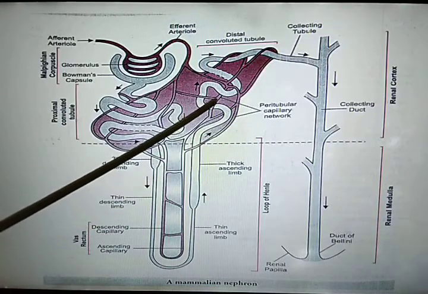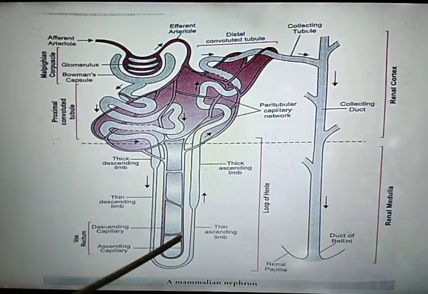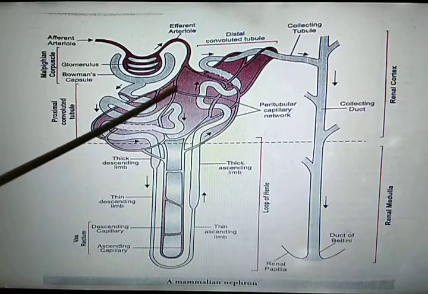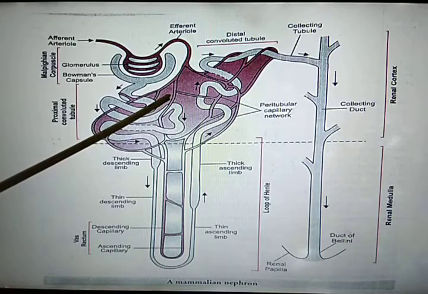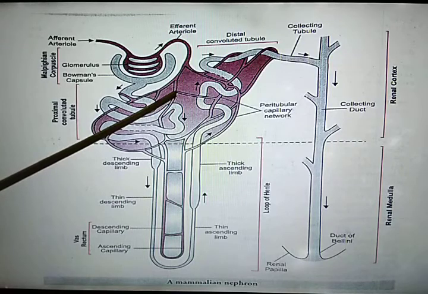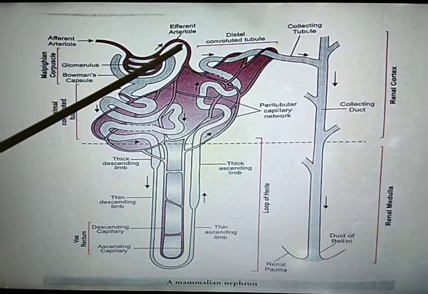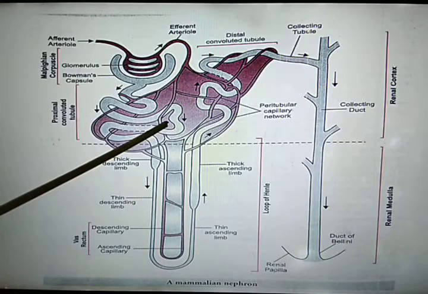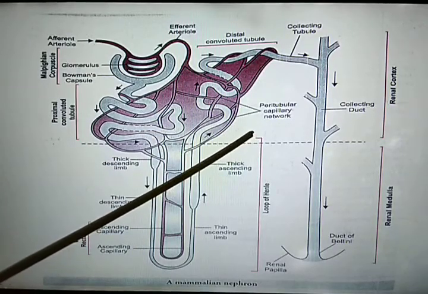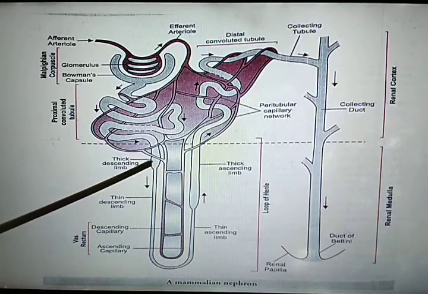This is the renal tubule: proximal convoluted tubule, loop of Henle, distal convoluted tubule. Around all these renal tubules, fine capillaries are present. These capillaries are known as peritubular capillaries, and they arise from the efferent arteriole. So the efferent arteriole forms a fine capillary network around the renal tubule known as peritubular capillaries. A minute vessel of this capillary